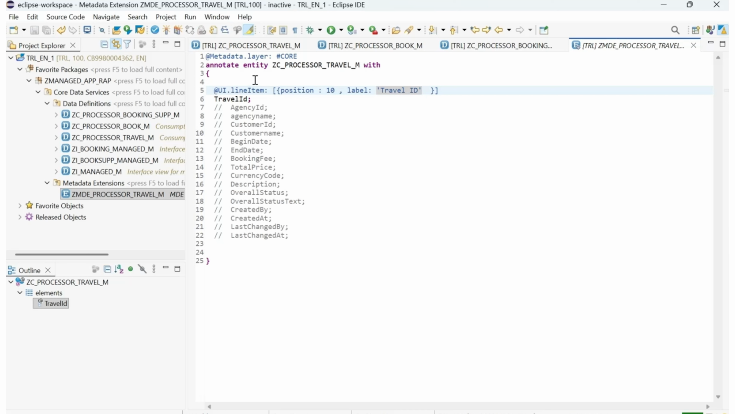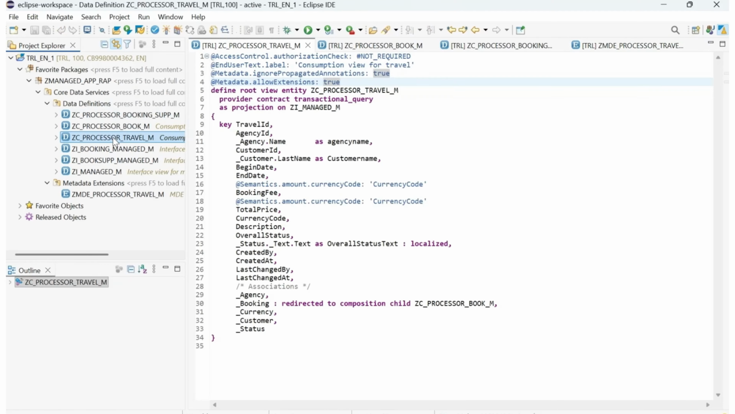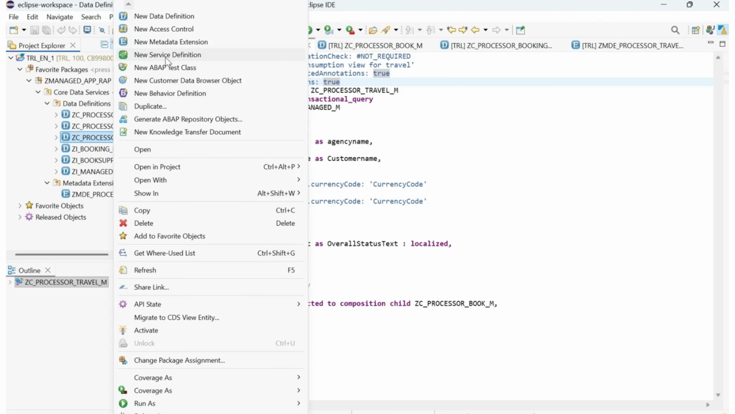If you choose annotate view, even if you are not providing one field or one annotation, it will work. But I have chosen this annotate entity instead of annotate view. Both the things you can select in your template. Now I will create the service definition and the service binding. So for creating the service definition, I will just right click on this one, new service definition,